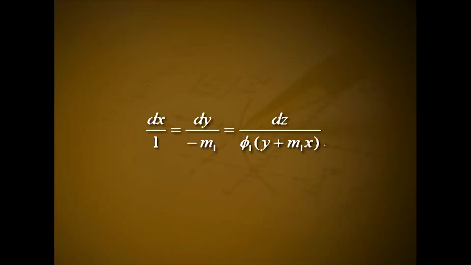The auxiliary equations are dx/1 = dy/(-m1) = dz/phi1(y + m1x). Solving, we get y + m1x = a and z - x phi1(y + m1x) = b. Therefore, the solution of equation 8 and hence equation 5 is f(y + m1x, z - x phi1(y + m1x)) = 0,